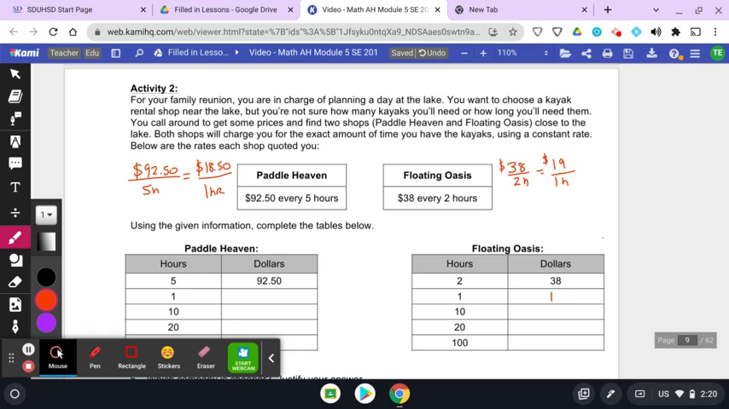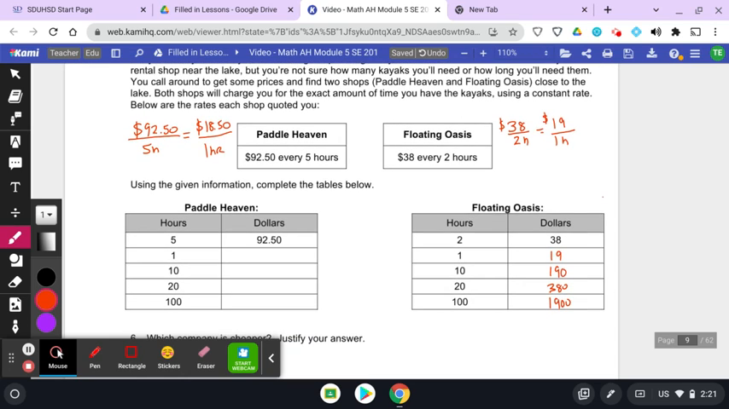So 1 hour is 19. For 10, I just have to multiply by 10, so that's 190. To get from 10 to 20, I'm going to double it, so that's 380. To get to 100, I'm going to take the one at 10 and multiply it by 10, so that's 1,900. Then I'm going to move over to my other company, which is $18.50 an hour. For 10, I just have to move the decimal over. That's $185. For 20, I would need to double that. That's 370. And then for 100, I'm going to take the 10 and add a 0,